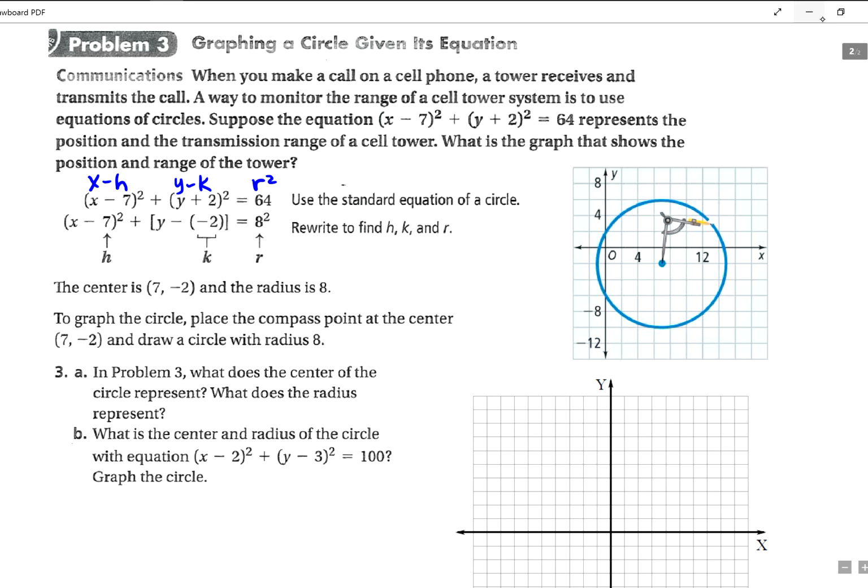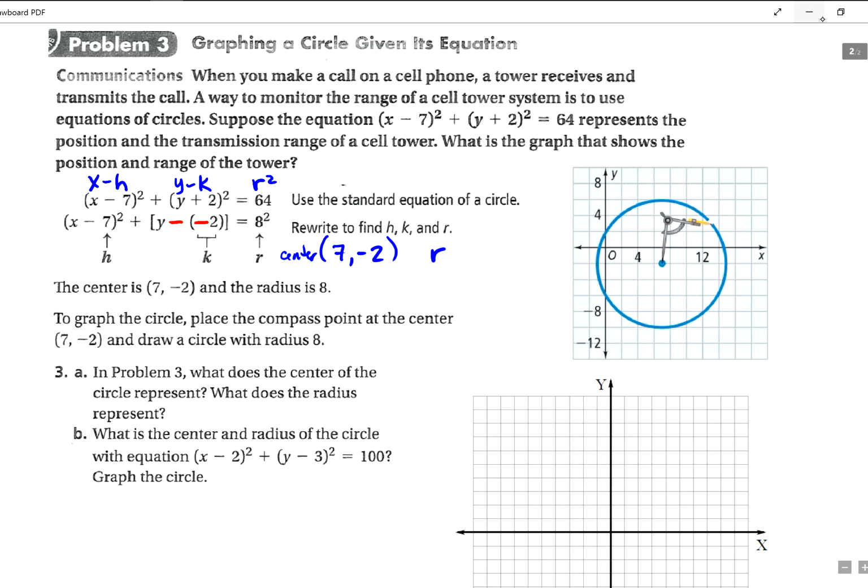So I know that h is going to be 7, but my formula is y minus k, and I have y plus 2. How do we turn a plus into a negative? We use minus minus, right? Minus minus becomes plus, so plus becomes minus minus. So k is going to be negative 2. So I know that (h, k) is (7, negative 2), my center,